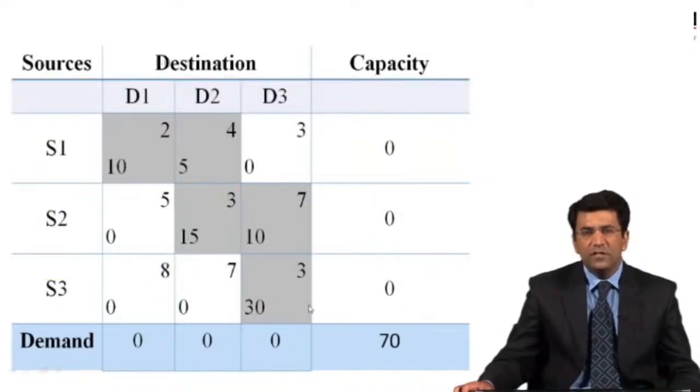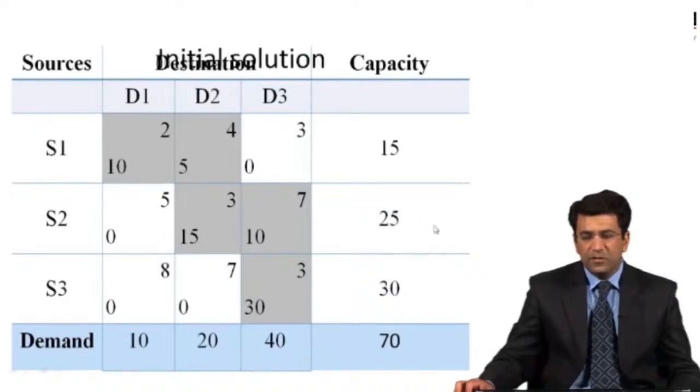So this is how we will fill the first initial table of transportation by using that northwest corner method. So again class, now this is the total demand and the total supply, and if we compare the row totals and the column totals, you can see that the column totals are 10, 20, and 40: 10 plus 5 is 15, 15 plus 10 is 25, and 30. So it means the row totals and the column totals are not disturbed, but through this method we have some